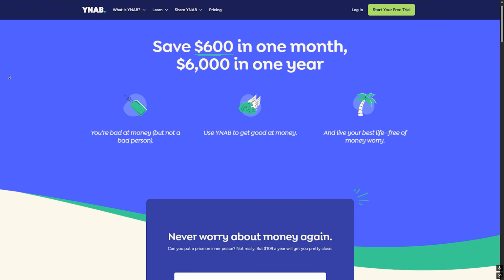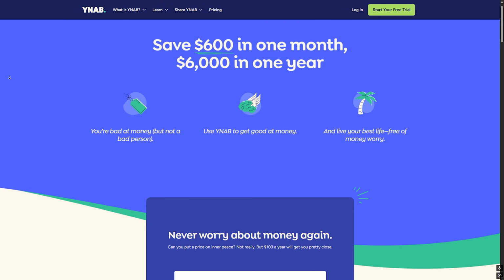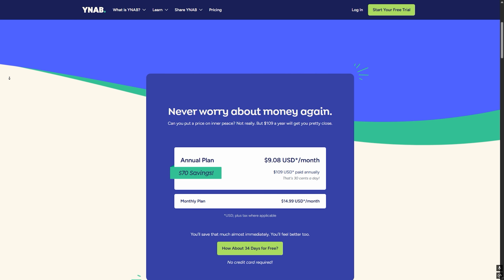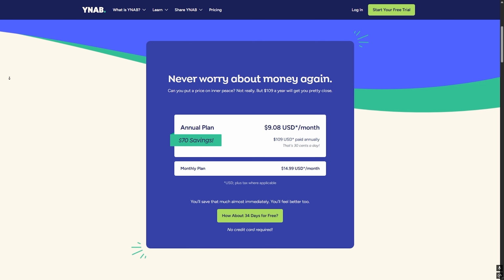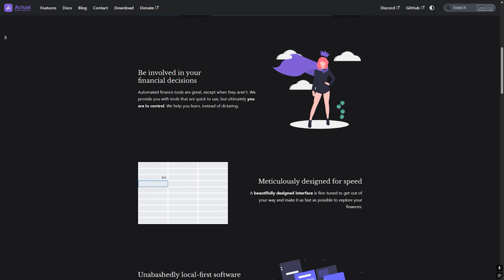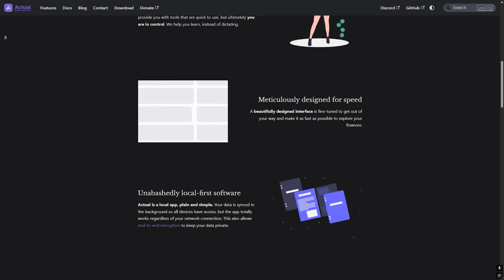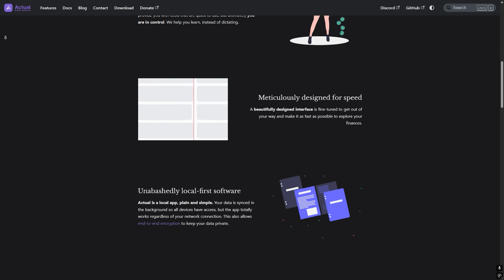Pricing. This is one of the biggest differences. YNAB costs about the same as a streaming subscription per month, or less if billed yearly. There is no free tier long term. Actual Budget is either free if you self host or very cheap if you use a paid host. So if budget matters, Actual is clearly cheaper.